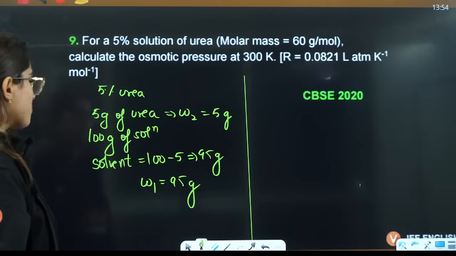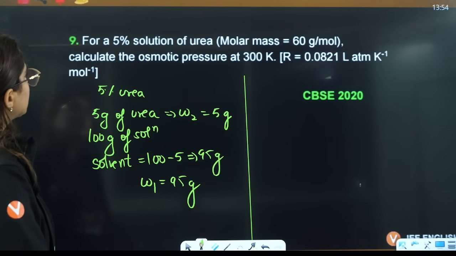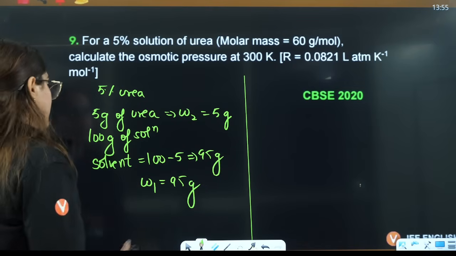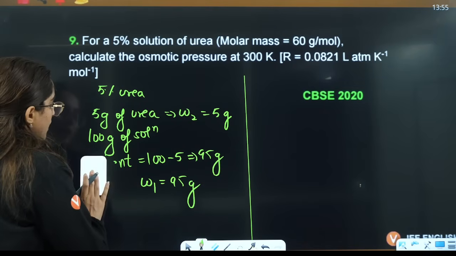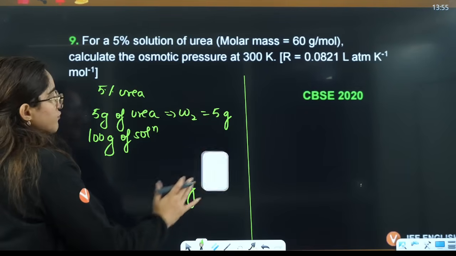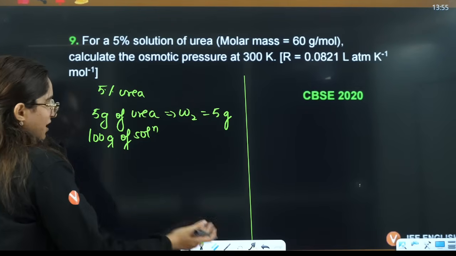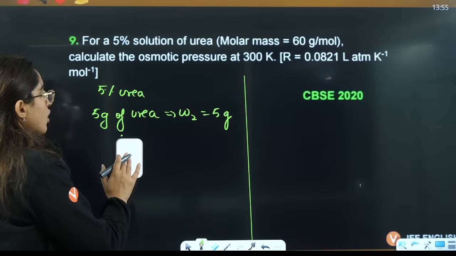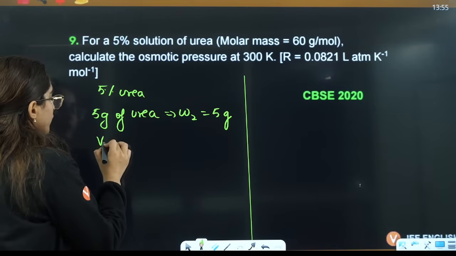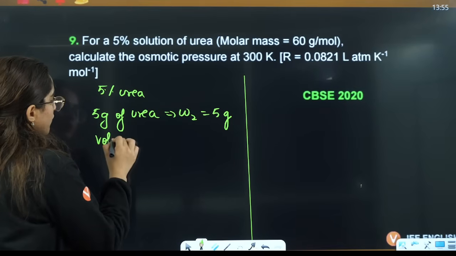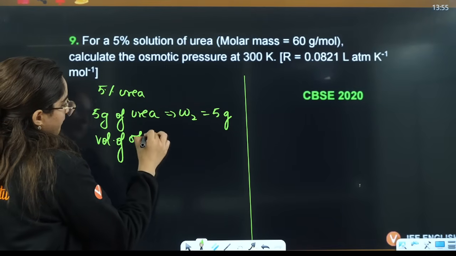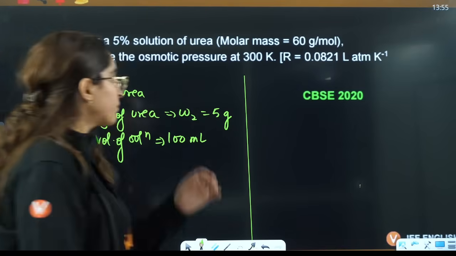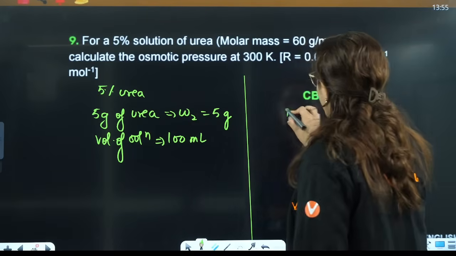They are asking osmotic pressure. Here is the trick, okay? If they ask you osmotic pressure, now you have to take, because 5% is given, 100 gram also you can take because the density of water is 1 only. So the volume of solution will also be 100 milliliters, because in osmotic pressure, you have to calculate